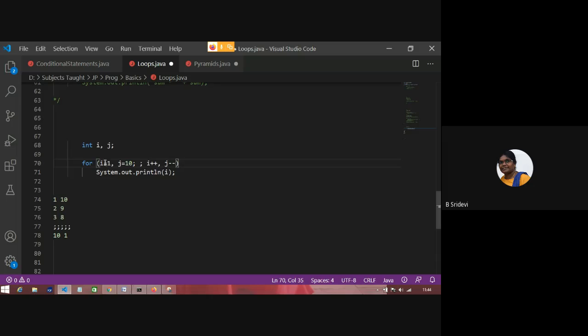Okay, so 2 initializations are there, 2 updations are there. Okay, my intention is to convey that here initializations can be 0 or more. Here also in the updation section, you can put 0 or more. And coming to the condition section, if you don't put anything, it will take it as true and it will go inside. If you put one thing, if true we go inside, if false we come out. You should not put more than 1.